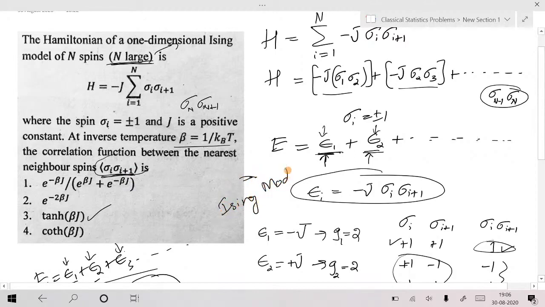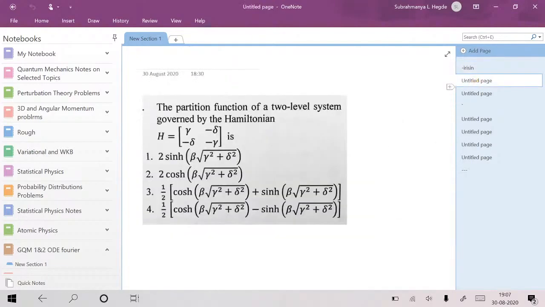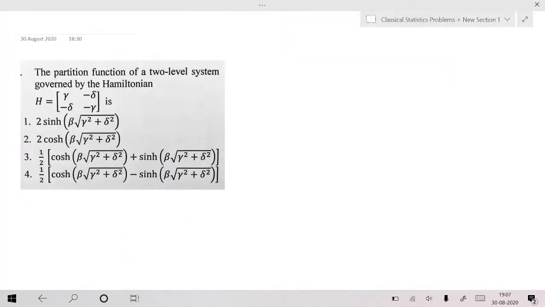Ising model. So let me try to give some idea. Reef has also given some idea in the case of the Ising model. We haven't discussed that yet, but this problem doesn't require that. He gave the expression for the correlation function, not just the term. Quickly, any further questions? No, sir. Yes, let me move on to one more question here.